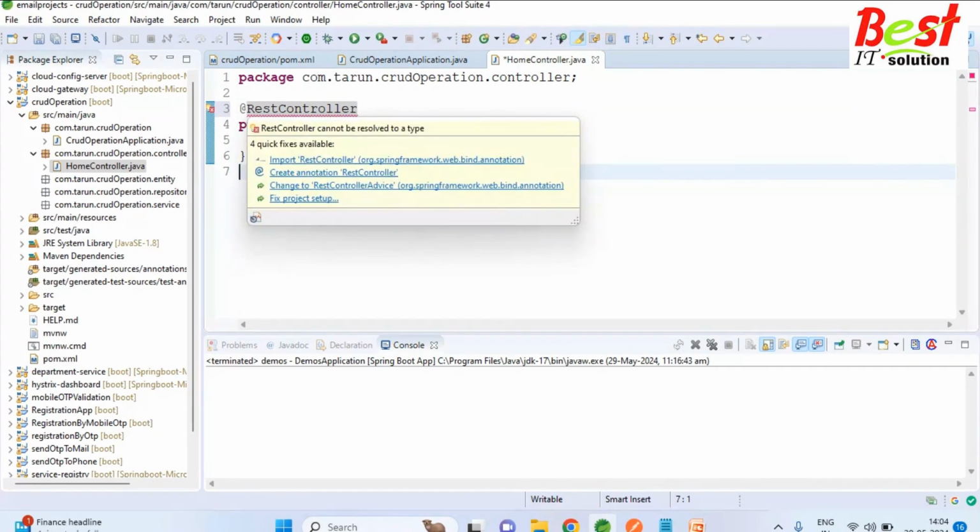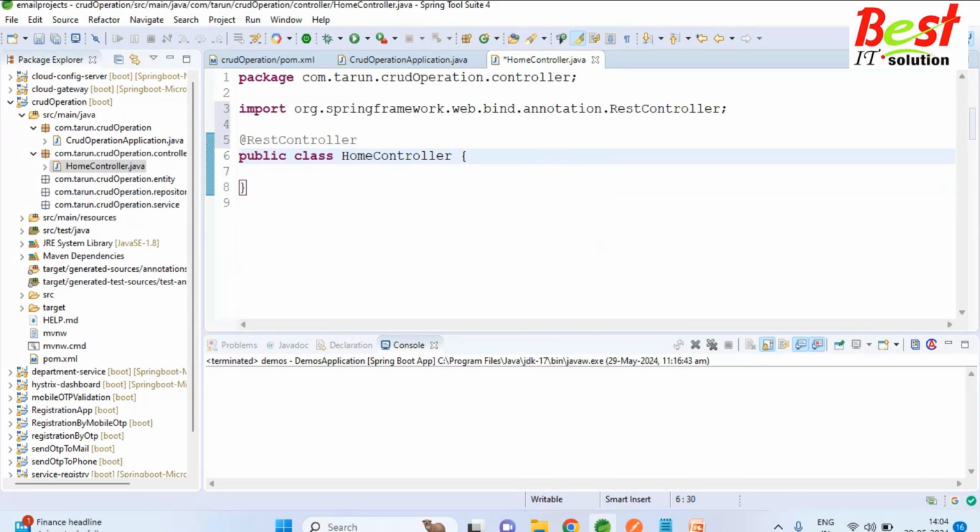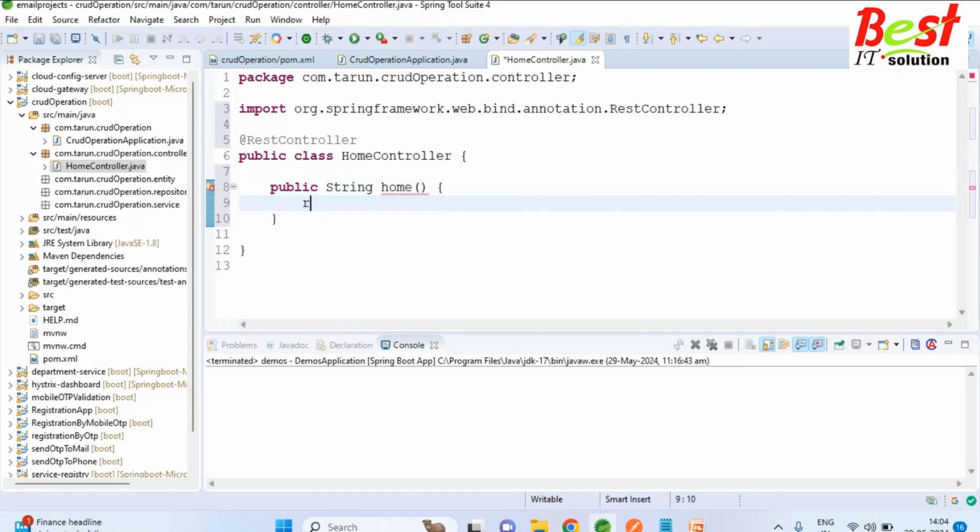Yes. Public, I'm going to create a method here. Public String home, return "Welcome to Spring Boot CRUD application